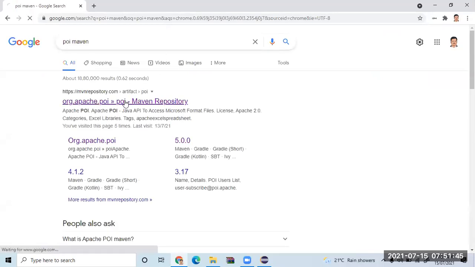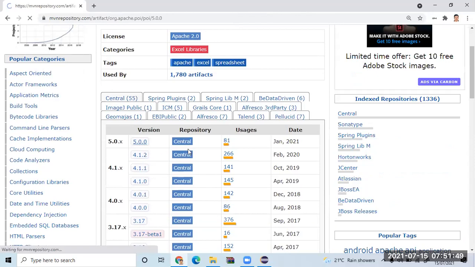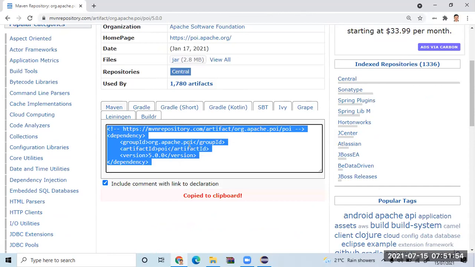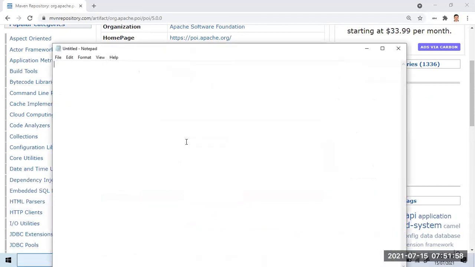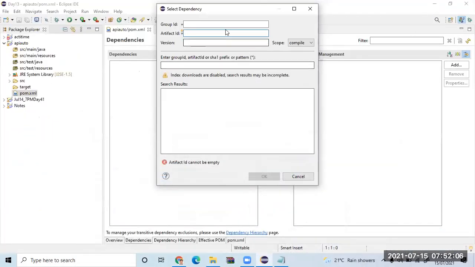Let me click here. You can click. So here you can mention, just copy this and put it into a notepad. So group ID is org.apache.poi. Sorry, it is not copied properly.